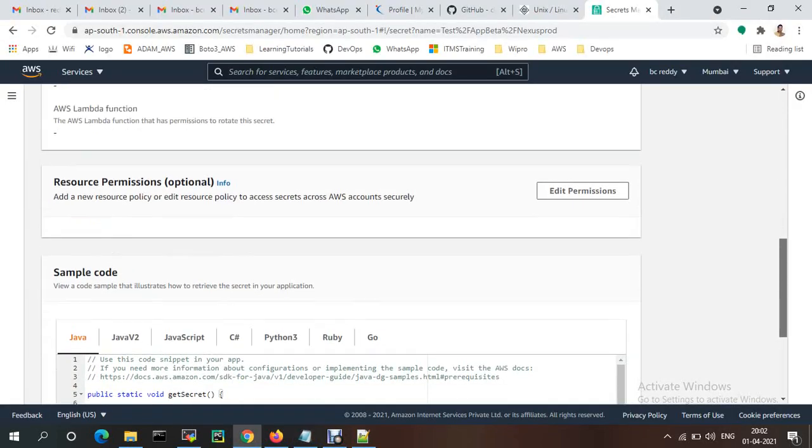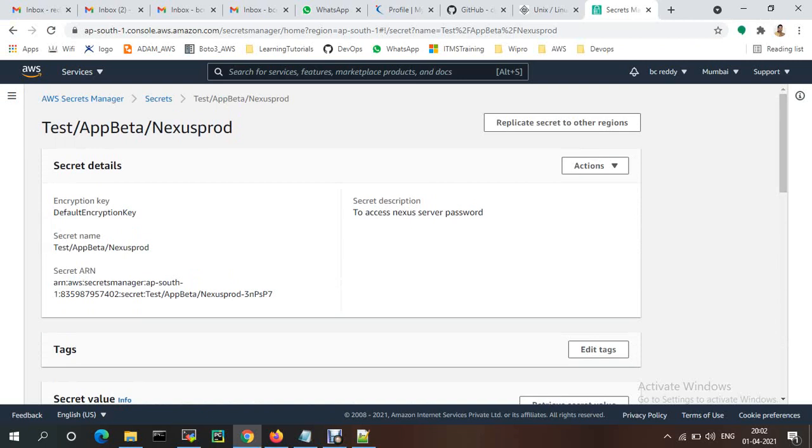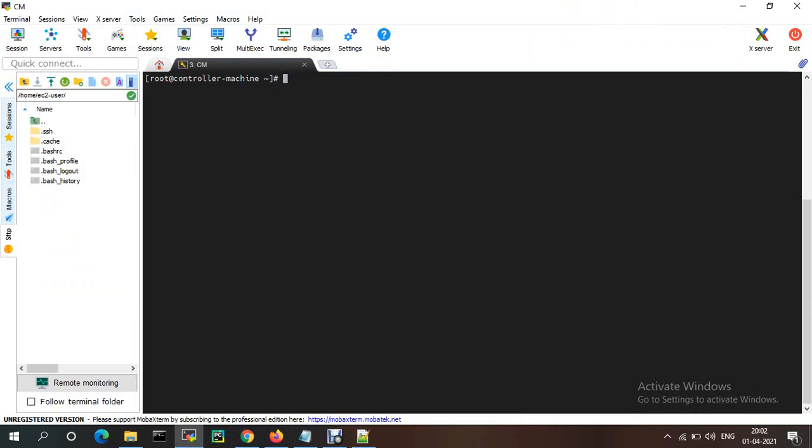Now I need an EC2 instance to access this password. I already created the server. On this machine Ansible is already installed.